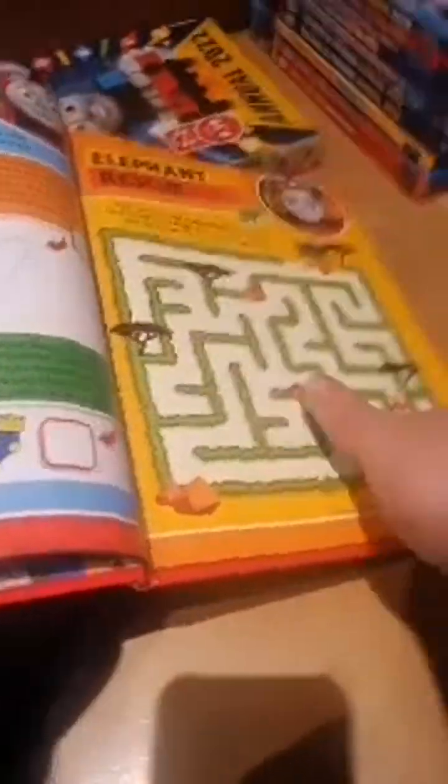Hello, Steam Team. Seriously, how much longer are we gonna have with meeting the Steam Team? Like, are we getting sick of this already? Here we have Snowy Delivery, Search, Spot, and Count, Measure with James, Elephant Rescue, Heart of Gold,